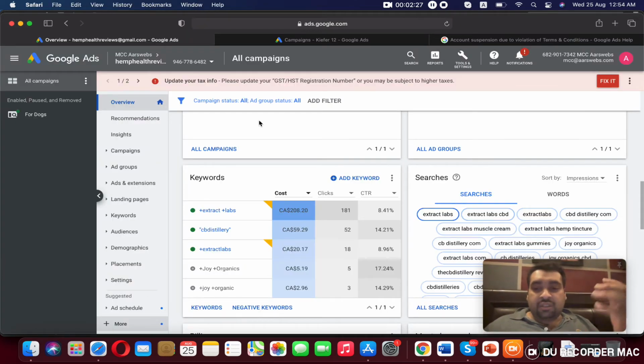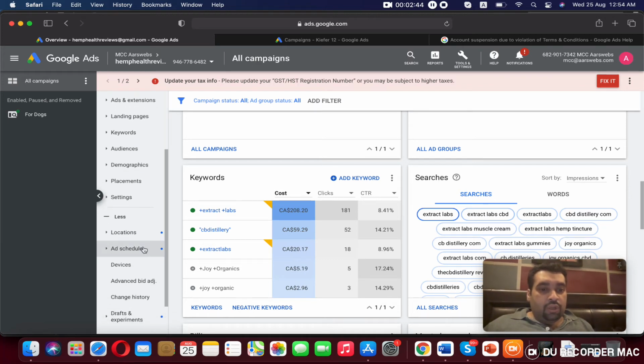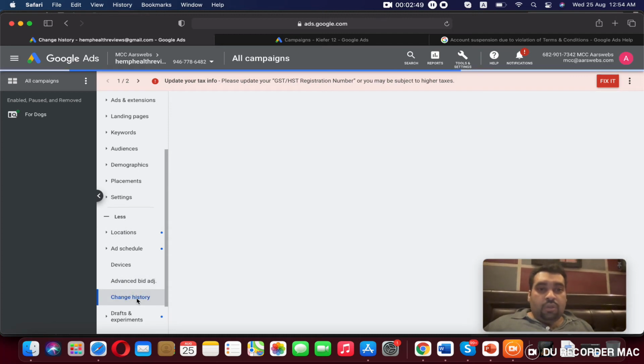For instance, this is the dashboard of an account, and I want to know what changes were done in the last month and who did all the changes. So from here in the dashboard, I go to the more section. When I press this more button, it shows location, ad schedule, device changes. There is an option, change history. So you have to press this change history option, and